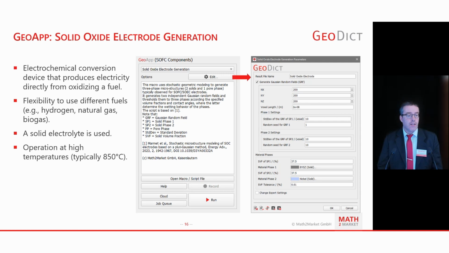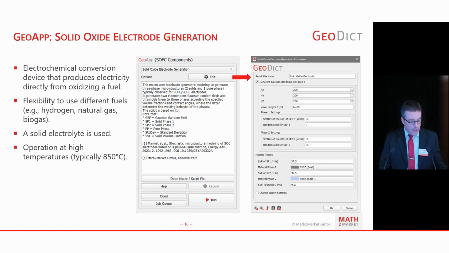Here we're targeting the electrochemical conversion device, which produces electricity directly from oxidizing a fuel. Of course, we have the flexibility to use different fuels, but for the solid parts, the fuel operates at very high temperatures, so we require special materials to be set and used, which also had an increase in the material database last year as a consequence of that.